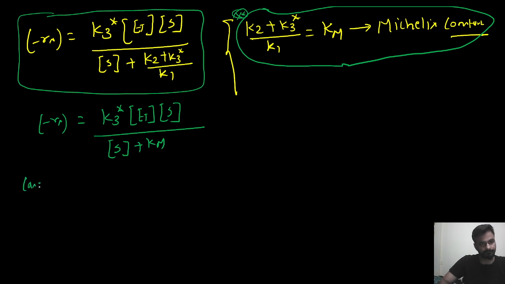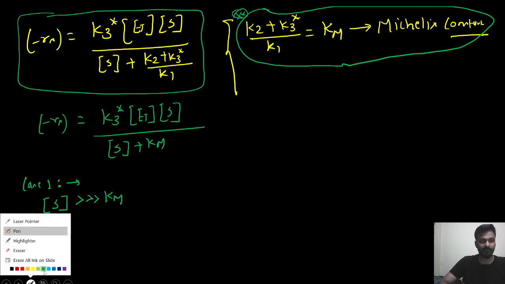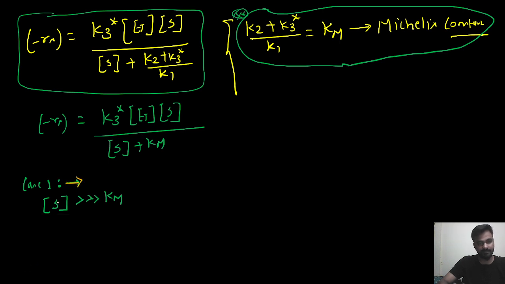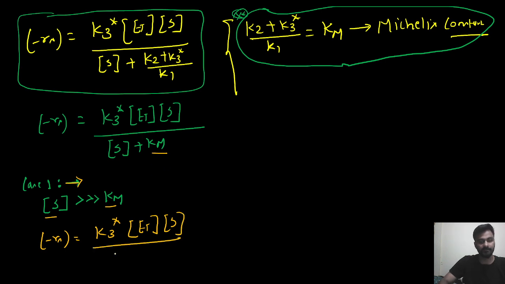Now case first: if substrate concentration is very much greater than Km. I will let you know the units of Km and all, so first try to understand. In case first, if substrate concentration is very high compared to Km, can we neglect Km? Yes. So what will be our rate? Rate is equal to K3 star, concentration of E total, concentration of S, and if we are neglecting Km, it will be divided by the concentration of S. So this S and this S will get cancelled out, and you will get K3 star times the concentration of E total. And this parameter is defined as